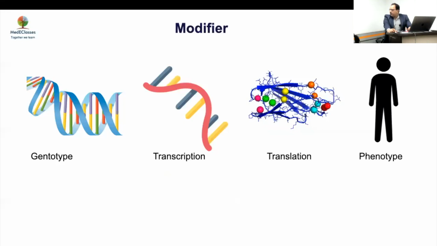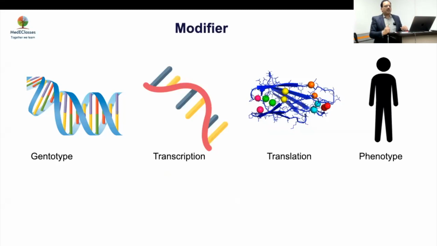So now it is easy to understand that from your genotype to phenotype, it is not a black and white story. If you have this mutation in this position in 21 hydroxylase, you will always have a salt wasting crisis. No, it is not relevant. There are so many other things which may happen. And same gene, same variant, maybe A person will have different manifestation, B may have different manifestation, and C may have no disease.